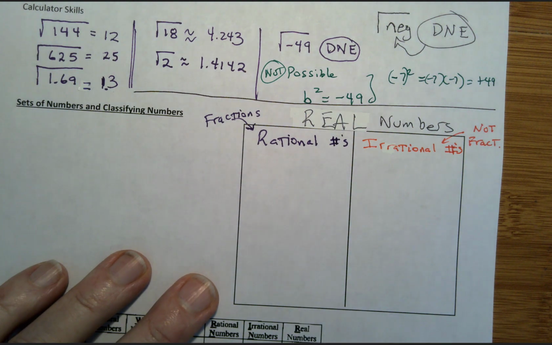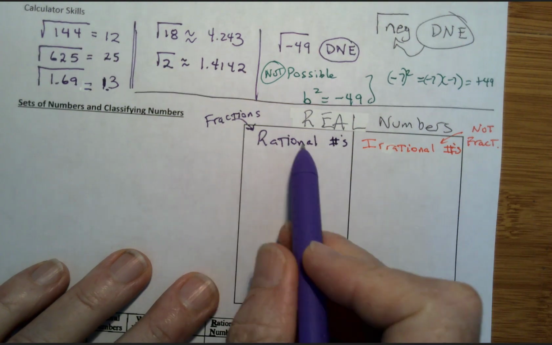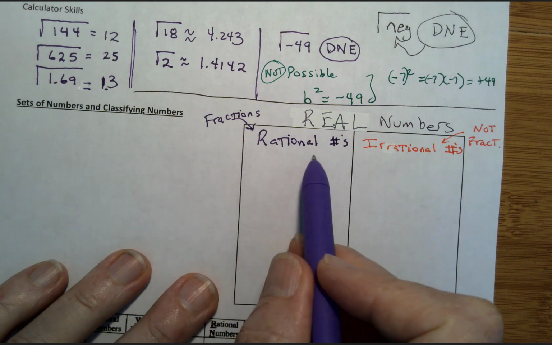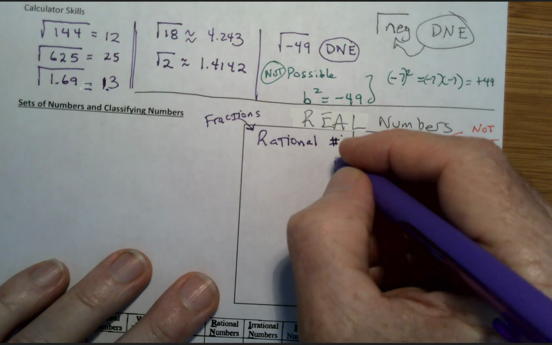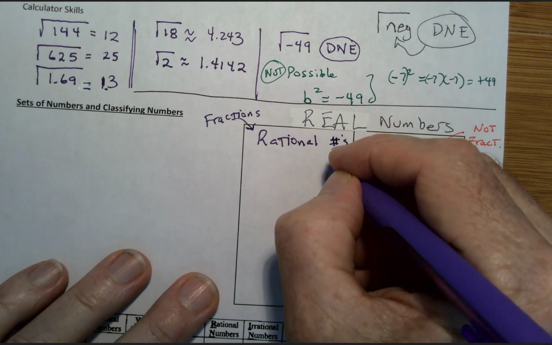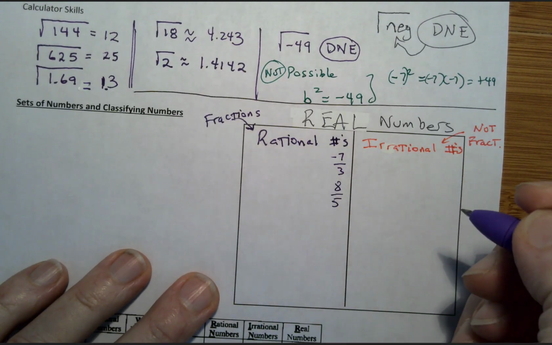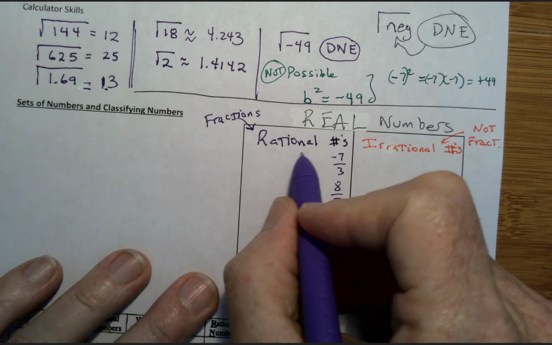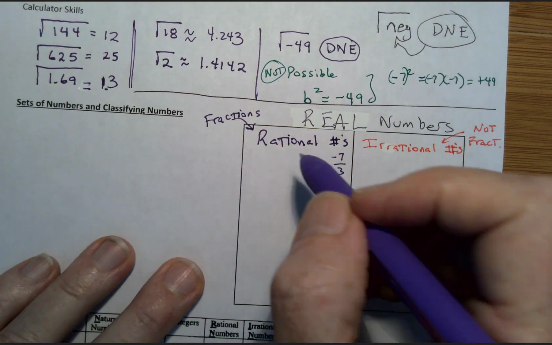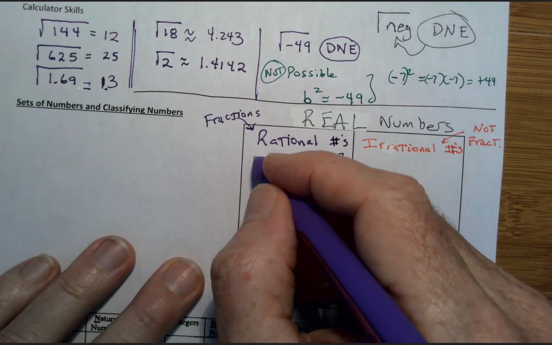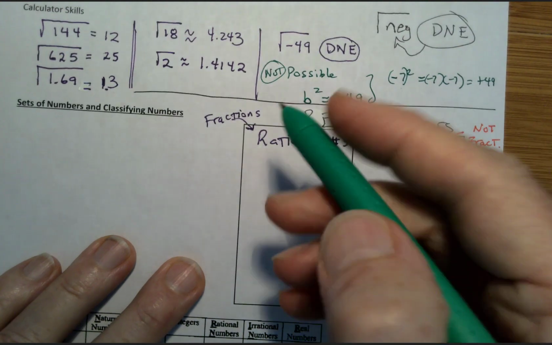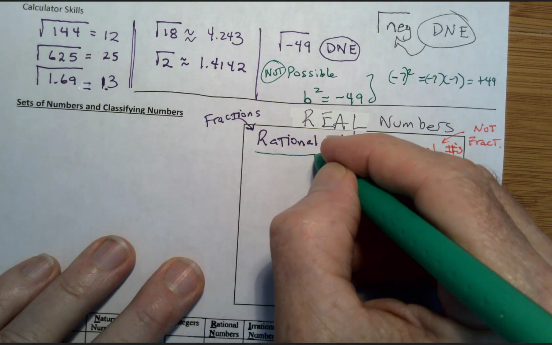So we can keep breaking down this animal kingdom. But the rational numbers are fractions, like negative 7 over 3 or 8 over 5. But this group of rational numbers breaks down into a simpler fraction. And let's make a box inside the box